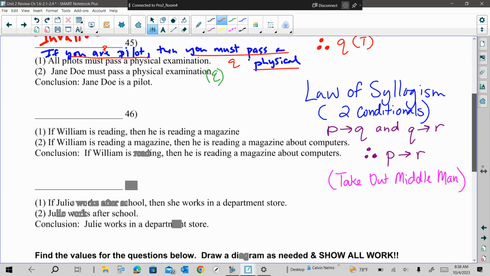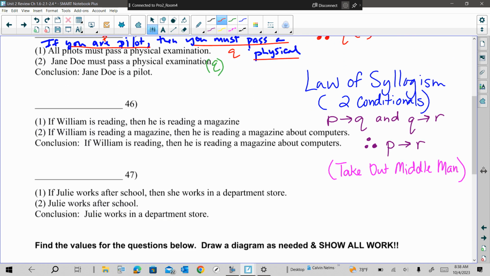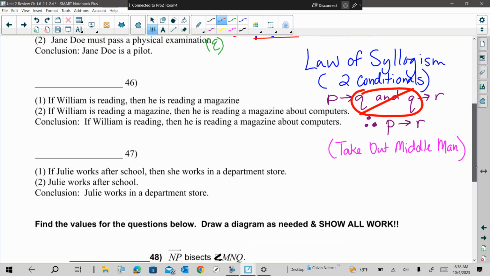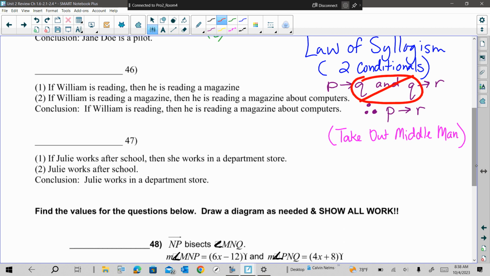All right, so the difference between detachment and syllogism is detachment only has one conditional statement, where syllogism has two. This is the one where we have to check that the middle part right here, see how they both have Q in common? So Q is in common, and we're going to take that part out and just go from P to R. So if I look, 46 is the one. So if I look here,